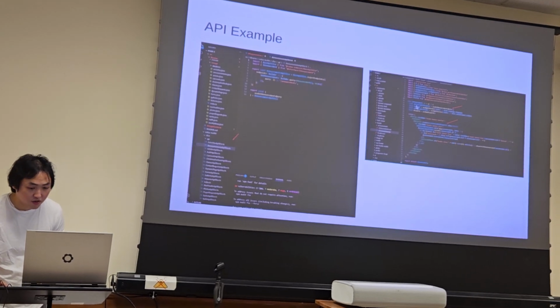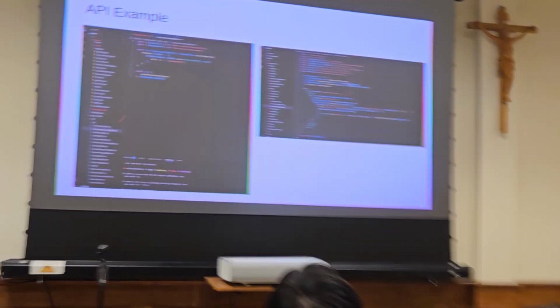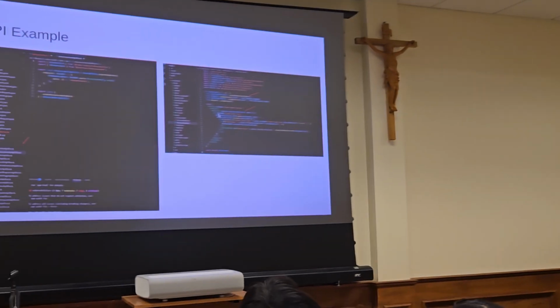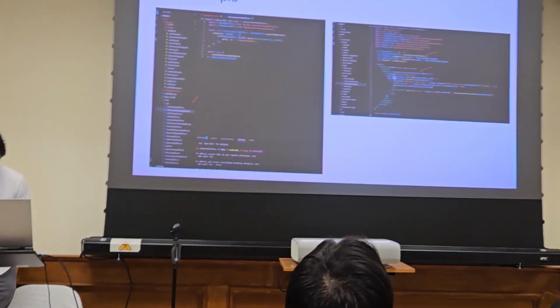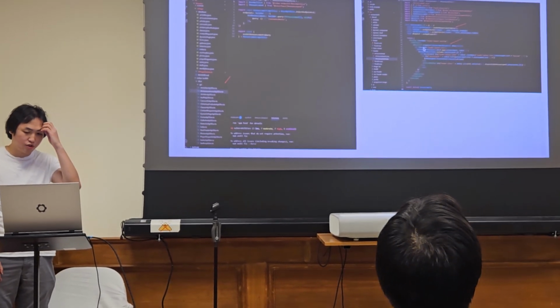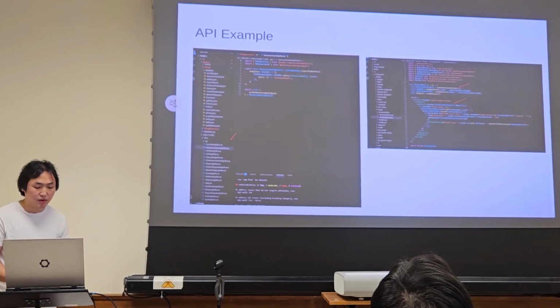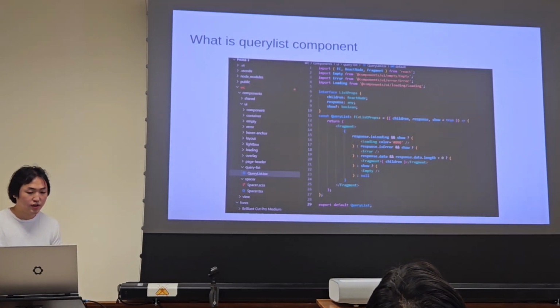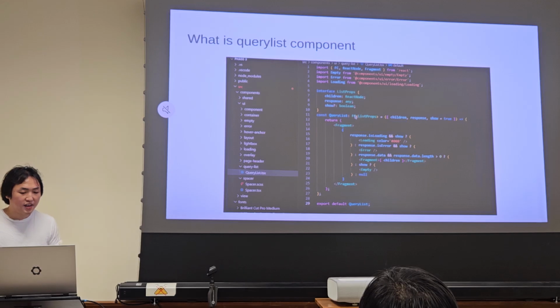And then, as you can see here, using this single function, I take the response and I put it into something called a query list. What this query list over here is basically a wrapper component, which makes it a lot easier to output the API. So if we look at what a query list is, it takes in a response from the query, from the API call, and then depending on the response: